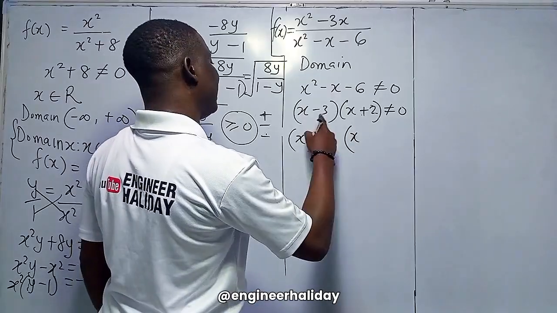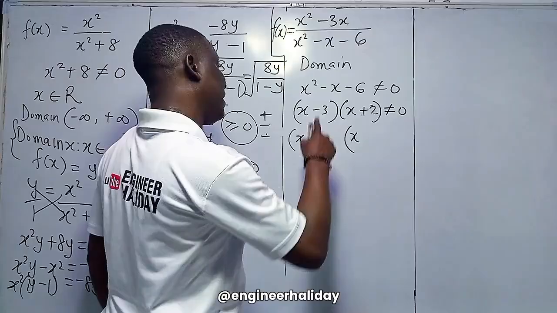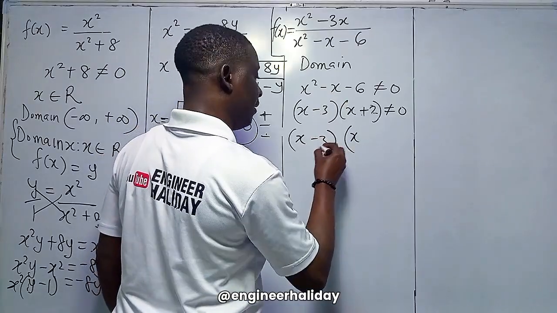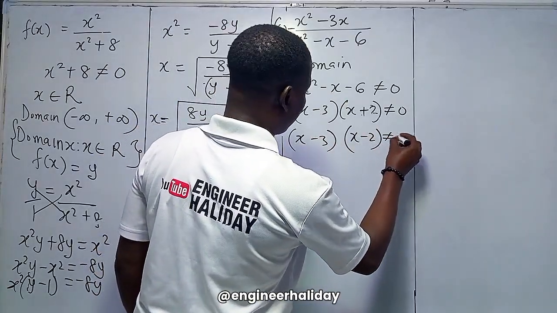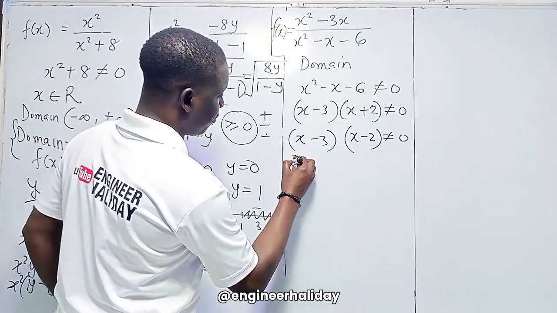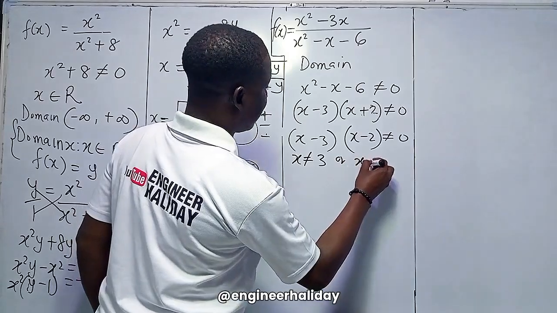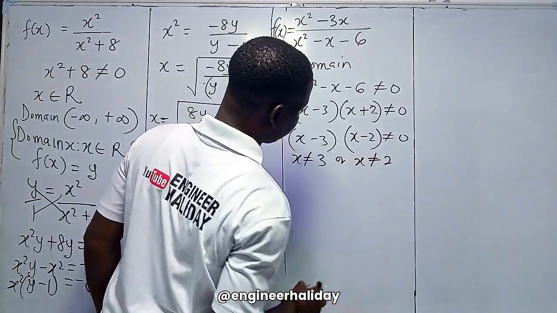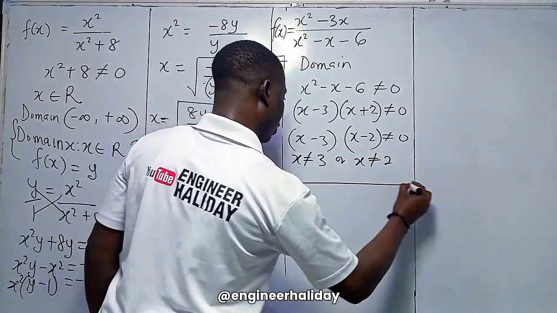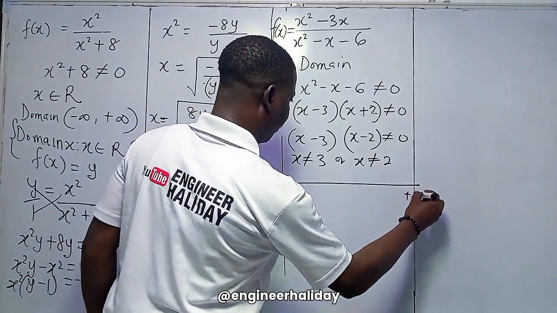If you add them together, they will give you what? Minus 3 plus 2 is minus 1. So you just put minus 3 here or plus 2 here, not equal to 0. So x is not equal to 3, and x is not equal to minus 2. Now if you draw the number line from minus infinity to plus infinity,